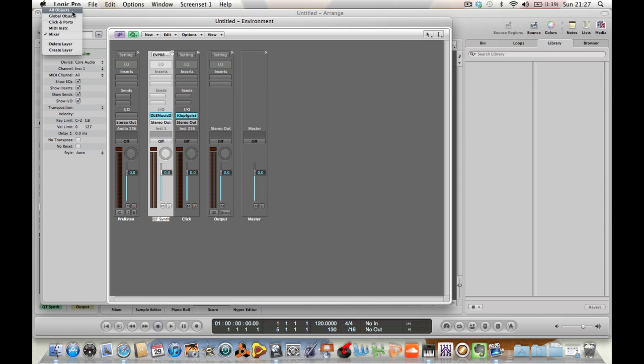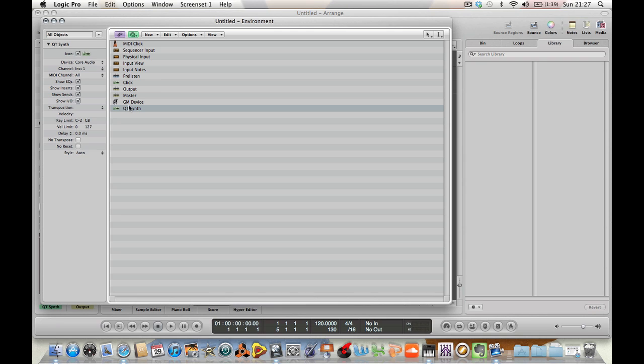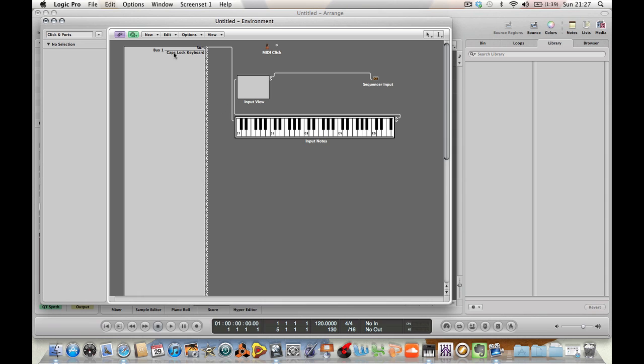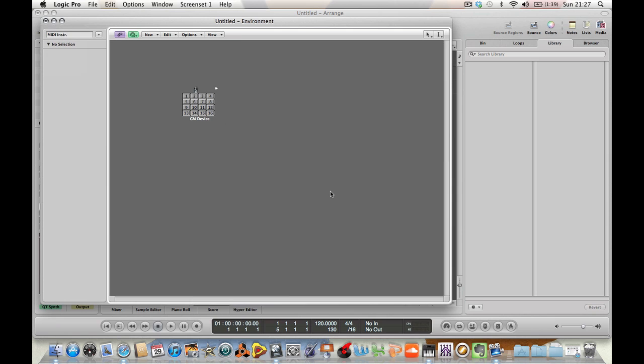All objects shows us everything in the environment. There's global objects, nothing currently on the global objects page. Click and ports, that's our MIDI input port. We've got our caps lock keyboard there. Any external MIDI input is being routed through here. And we've got our MIDI instrument layer. Okay. So if we click here, we can see this GM device, and that's